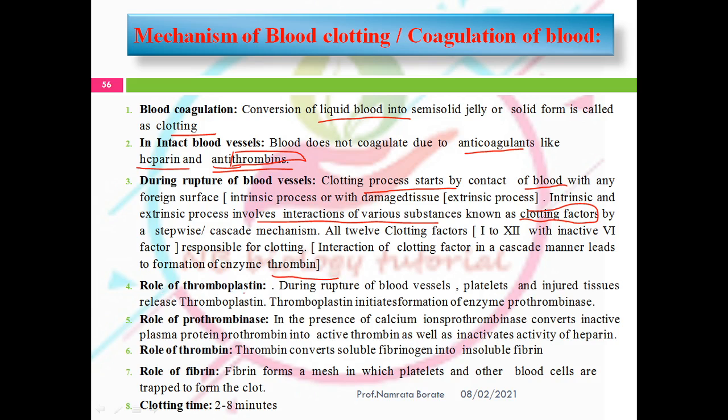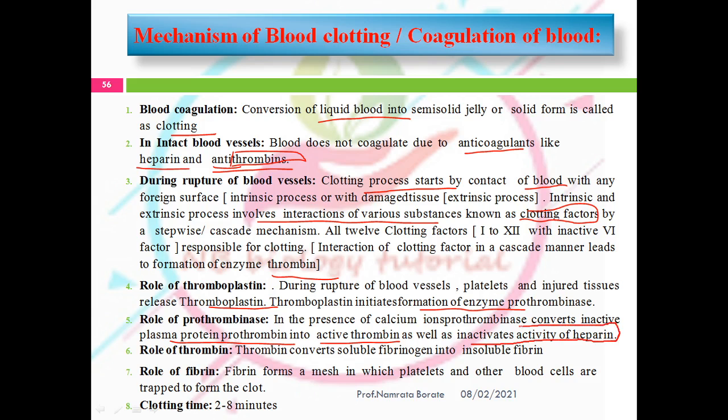So, the next one is the role of the thromboplastin. Whenever the blood vessel is ruptured, the platelets and the injured tissue release thromboplastin, and this thromboplastin initiates the formation of the enzyme prothrombinase. In the presence of calcium ions, the prothrombinase converts the inactive plasma protein prothrombin into the active thrombin, as well as inactivates the activity of